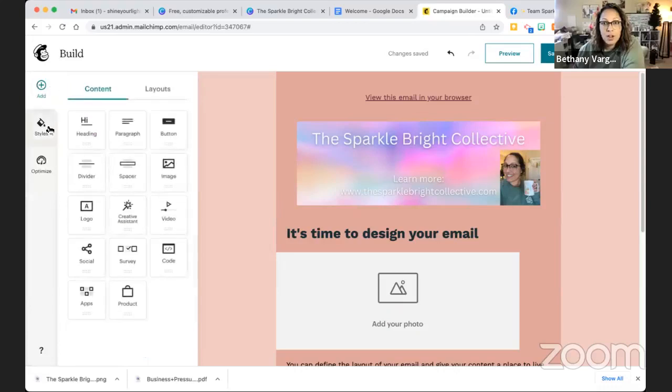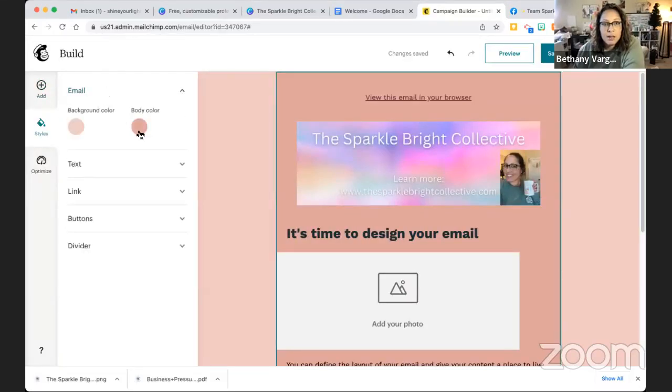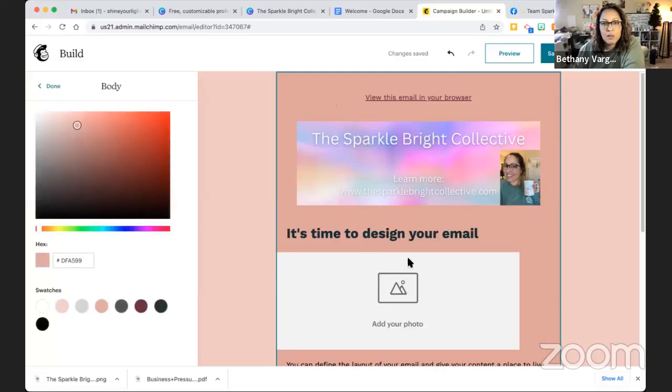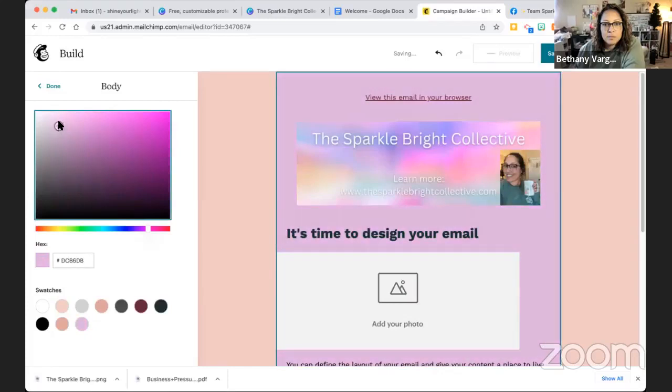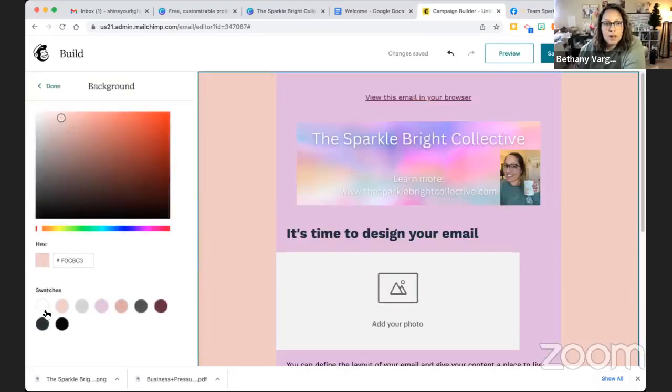Again, this is all free. Then I'm going to click styles. I'm going to click email, and I'm going to click body color. Body color is what's right here. Okay, all of this space. And I'm going to move it more to the purpley zone. Okay. And then background color, I'm going to do white,